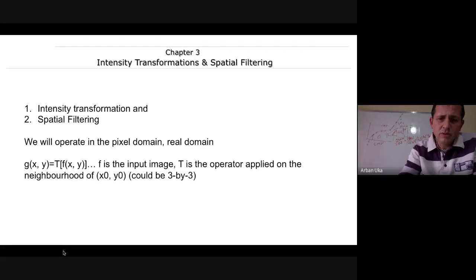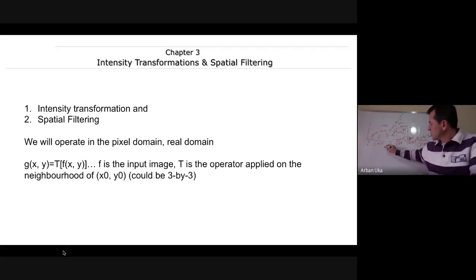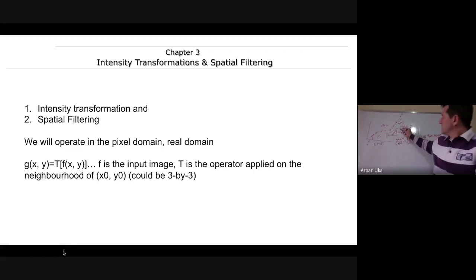Now, when we talk about spatial filtering, we're just talking about space. This is measured in meters. So let's also consider the following: intensity transformation and spatial filtering. This is the unit from one pixel to another. This is meters. This is very essential actually. The unit that we use whenever we do an analysis of the quantities that we're dealing with tells you a lot about which domain we are dealing with. This we call the real domain or pixel domain.